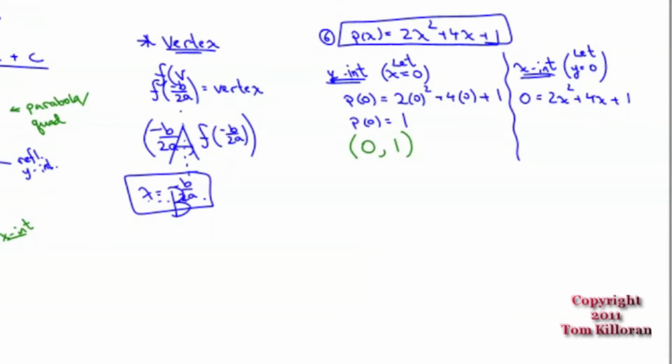Outside of the ones where I ask you to solve by completing the square, solve by perfect square, or solve by quadratic formula, you can do it any which way you want. I highly suggest you always pick the easiest method. If you always go quadratic formula, you're going to be doing a lot of calculations that aren't necessary, plus you make silly mistakes like forgetting the plus or minus. But this one definitely doesn't factor, because factors of 2 do not add up to 4. So quadratic formula says x is equal to negative b plus or minus the square root